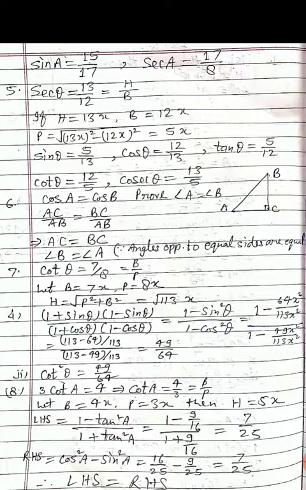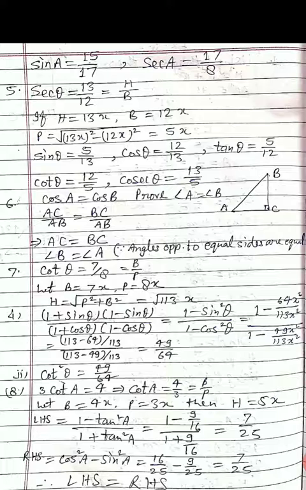First part, 1 plus sin theta into 1 minus sin theta upon 1 plus cos theta into 1 minus cos theta. Now a plus b, a minus b, here in numerator there is an identity. See the numerator, 1 plus sin and 1 minus sin, there is identity a plus b, a minus b, that is a square minus b square. So we can write 1 minus sin square theta. Same here in denominator also, a plus b, a minus b, in the place of a is 1 and in the place of b is cos theta. So 1 plus cos theta into 1 minus cos theta will be 1 minus cos square theta.